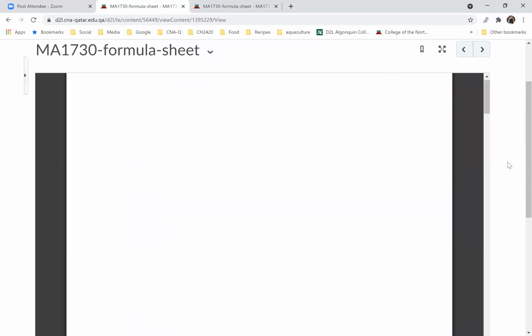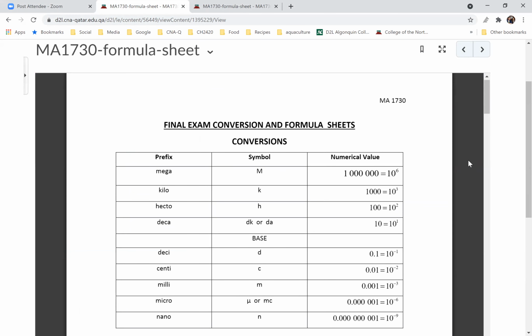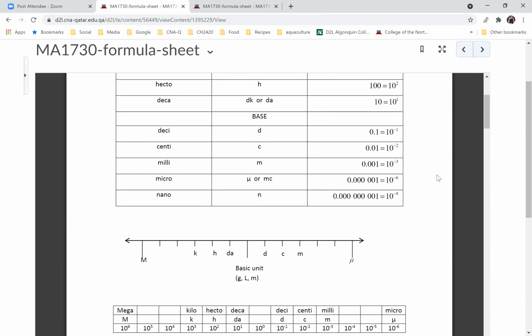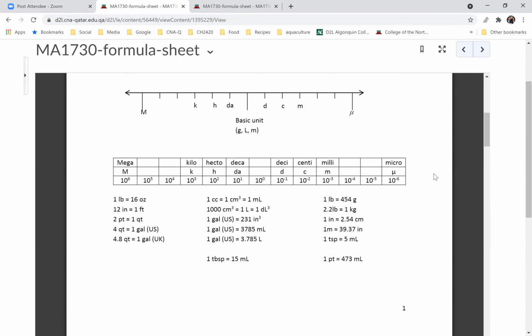And here it is. Now, one disclaimer about the formula sheet. This is the formula sheet you will also get for your final exam, for example. So this formula sheet is for the entire course, which means you're not going to need everything on this. If you look at the formula sheet, the first page is all about unit conversions. Very important page. You'll need unit conversions for chapters 1 and 2